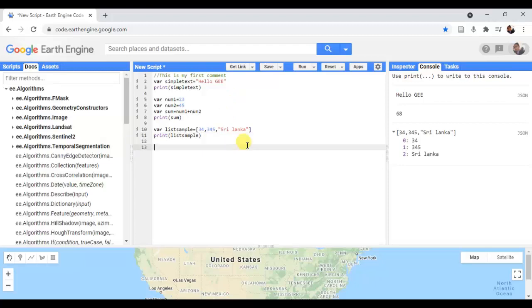Next I will demonstrate how we can declare a dictionary object in JavaScript. In JavaScript, dictionary objects are used to map keys to values. In this case, instead of one value, we are using two values, keys and values. So the user can access a certain value with the key.